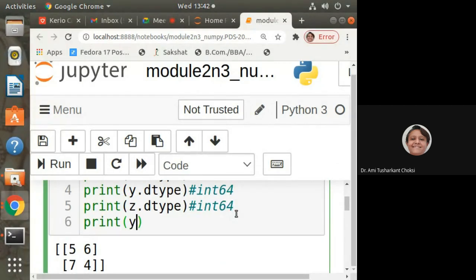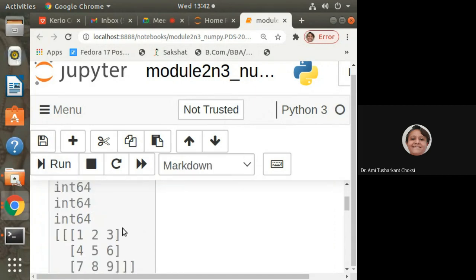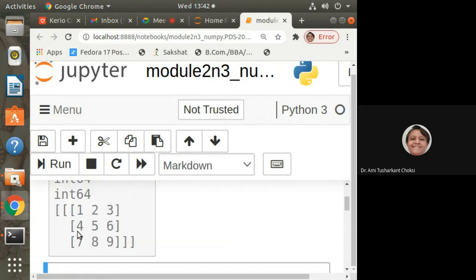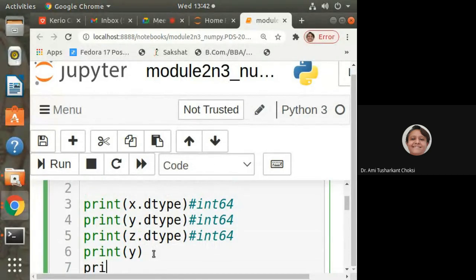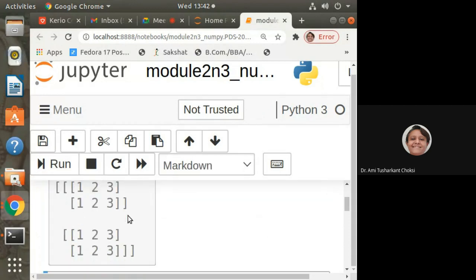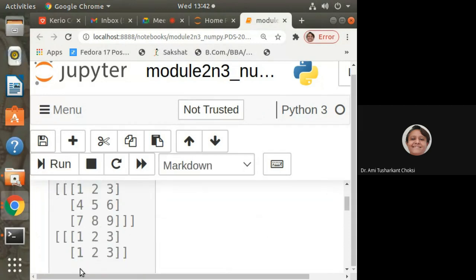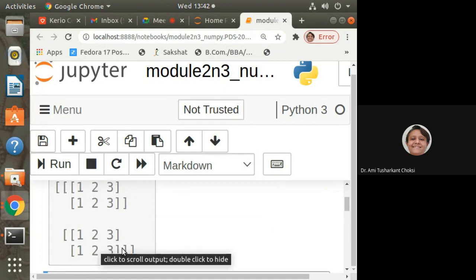Print y. Run this. This is our y. 1, 2, 3, 4, 5, 6, 7, 8, 9. Fine. And after that, we want to see z also. Print z. So what's the value of it? It is having 1, 2, 3, 1, 2, 3. Then after 1, 2, 3, 1, 2, 3. Right? This was the value of x, y, and z.